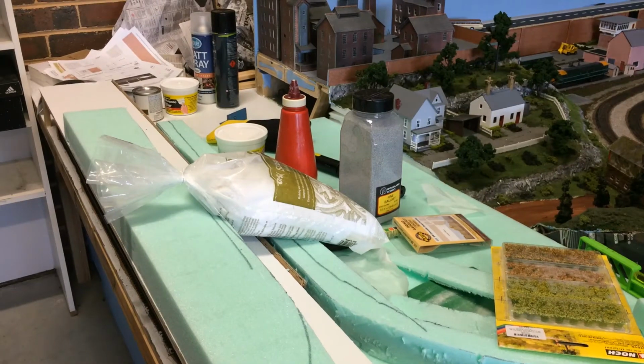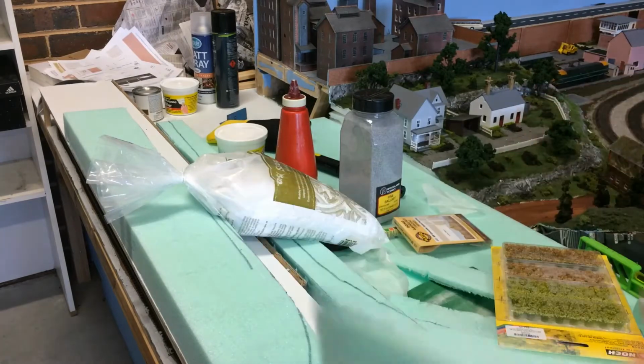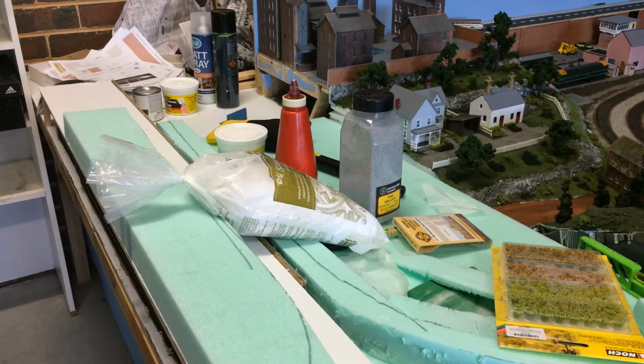Okay, so firstly I'm going to glue down the foam. Now as you can see, I've already gotten a bit of a start off camera. I've just roughly cut it out. So this here is some 50mm insulation foam that I got from the hardware store, and to glue it down